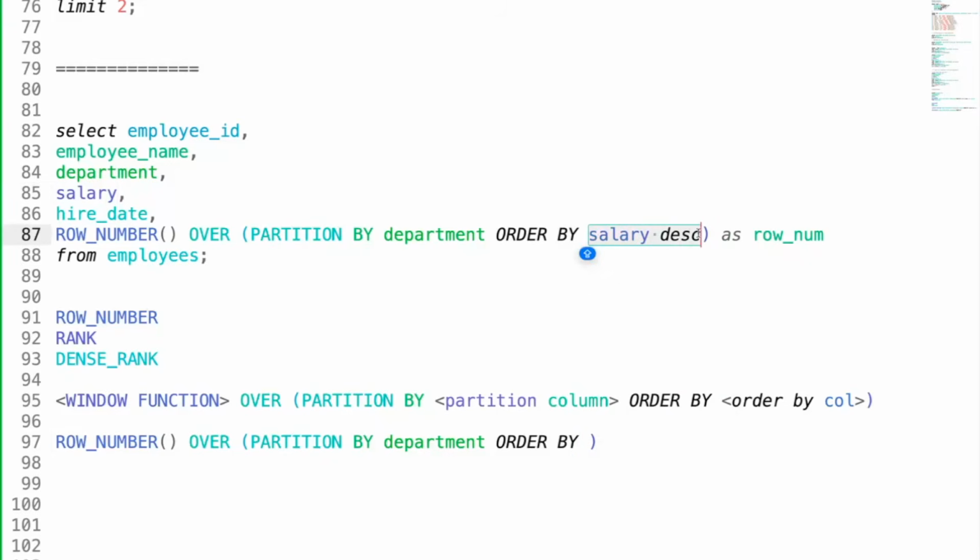And on what basis do I have to do it? Salary. I could have, let's say, if my requirement is I want the first two employees in each department based on the hire date, that means I want the earliest employees in each department. Then instead of salary, we could have sorted it based on hire date. I hope this would make sense,